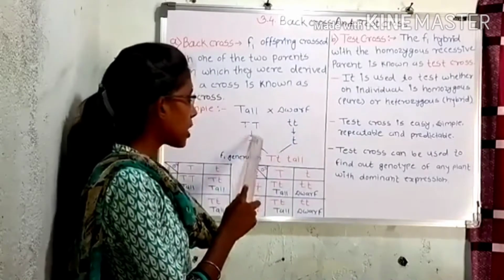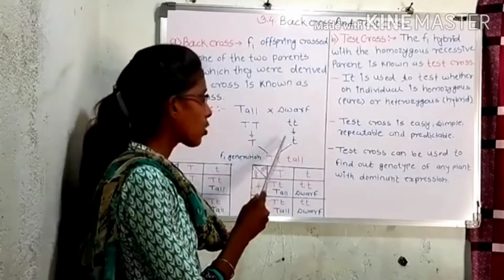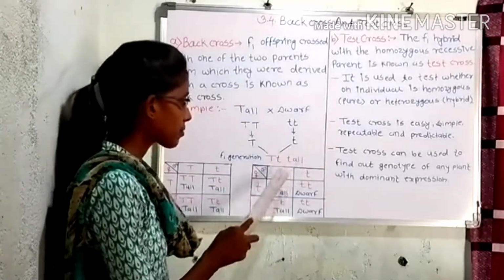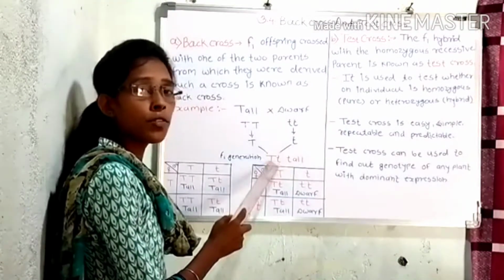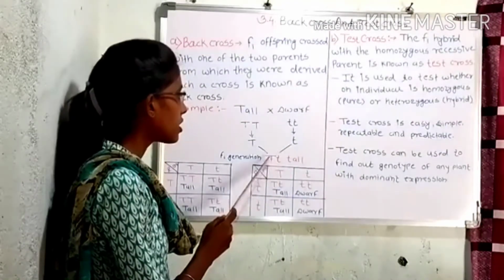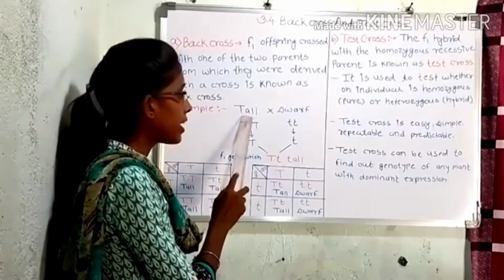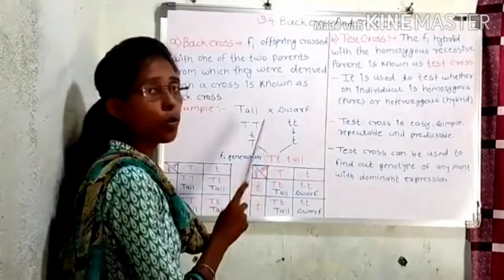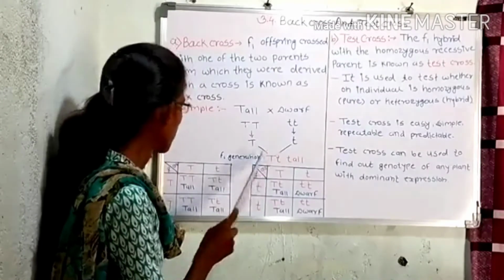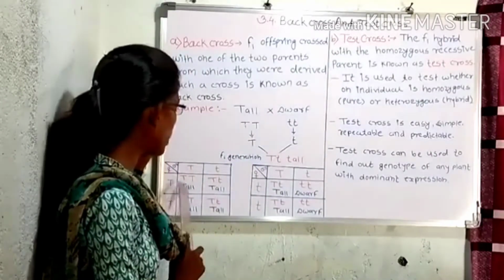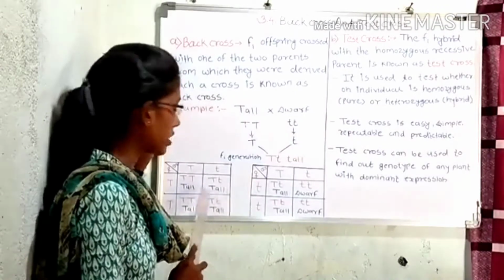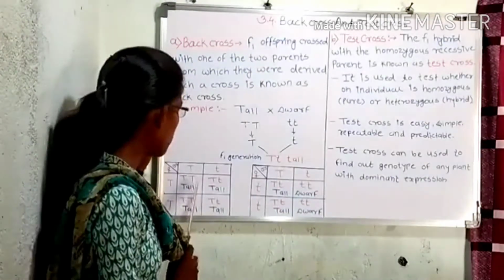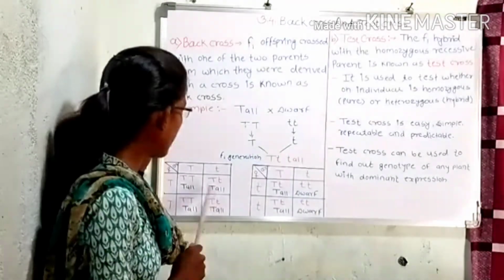After getting the genotypes, we get the gametes, and these gametes cross with each other. After crossing, we get the F1 generation having the phenotypic character tallness. After getting this hybrid F1 generation, we cross it again with the tall parent or the dark parent. For better understanding, we cross this F1 generation with both parents. First we cross this F1 generation with the tall parent. After crossing with the tall parent, we get 4 offspring in the F2 generation. All 4 offspring show the phenotypic character tallness, but 50% offspring are pure tall and 50% offspring are